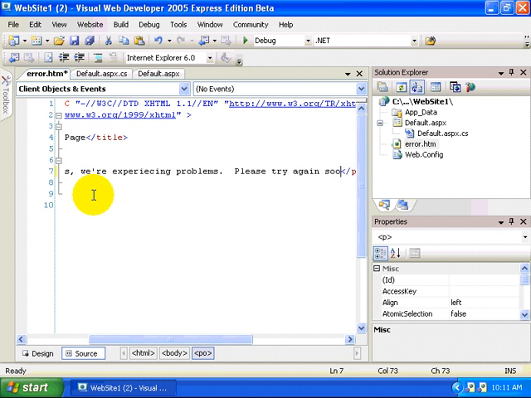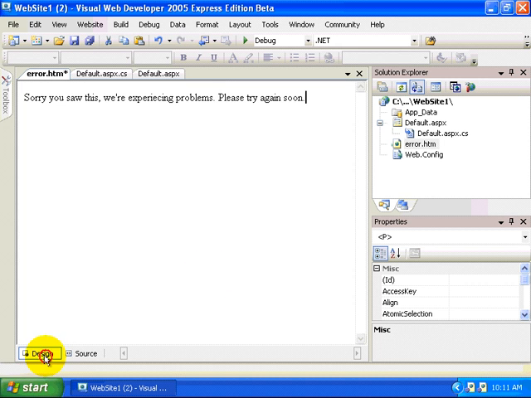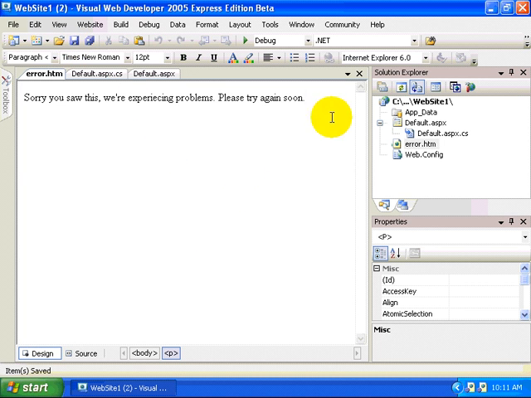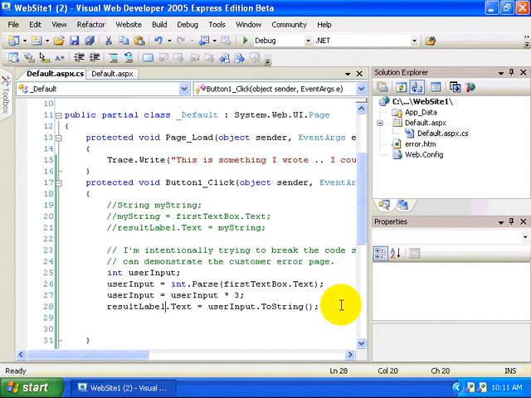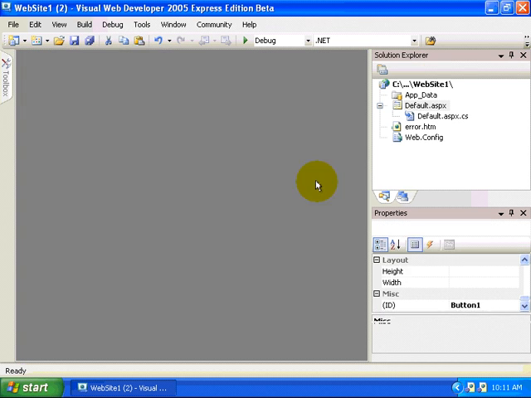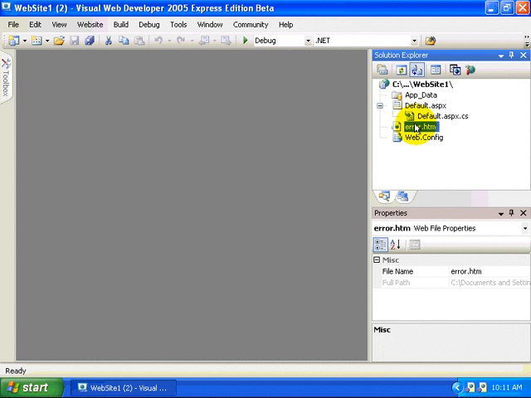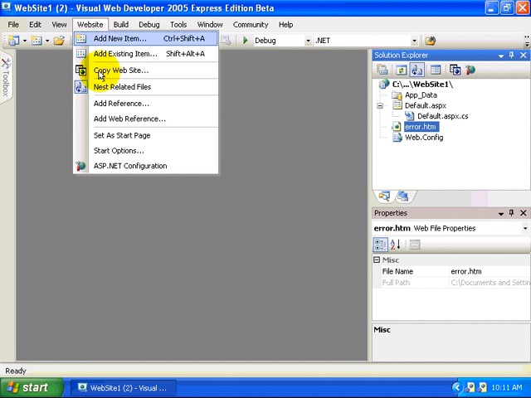Please try again soon. And I can give it the look and the feel of the rest of my website, so it doesn't have to be as bland as this particular page is, but you get the idea, okay? Now, in order for this little page to pop up whenever an exception occurs, I have to go to the